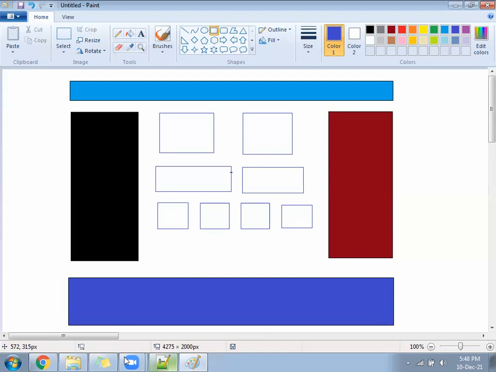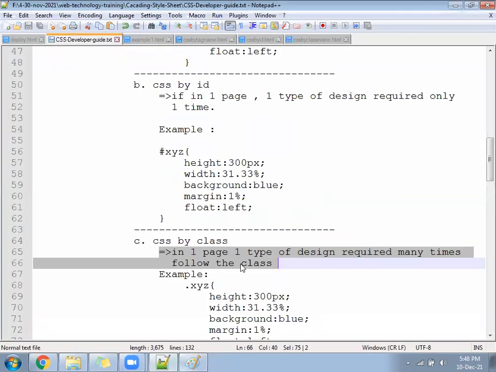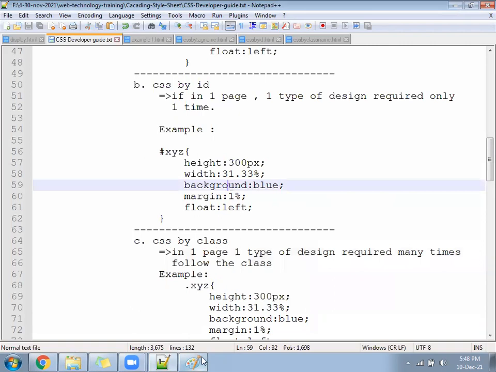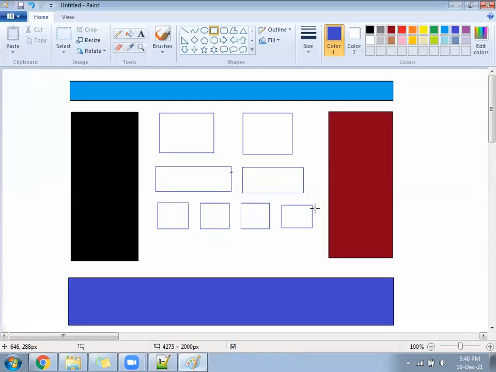Okay. So here are two lines. Hope this answers your question. Some people have posted the question before coming to the point. Someone has written here that the ID is used two times. So this is the solution to your question. Your question was why to use an ID two times. I'm not asking to use an ID two times. I'm saying use an ID only one time. But when? If the design is unique.